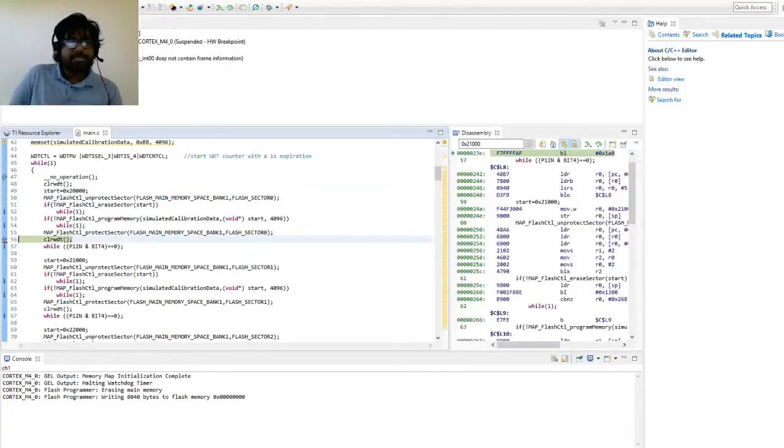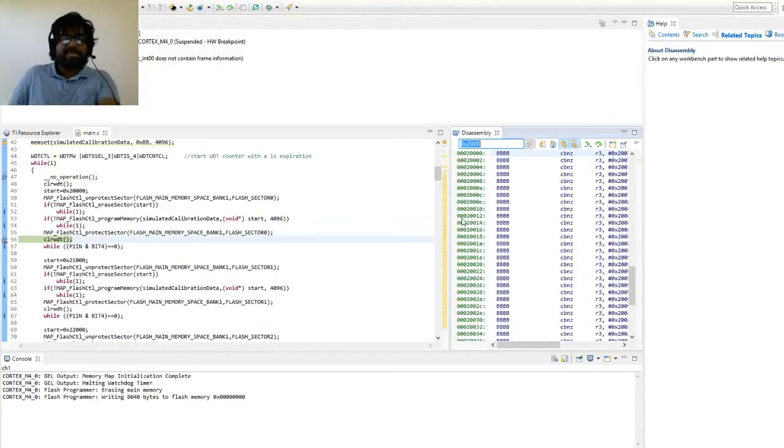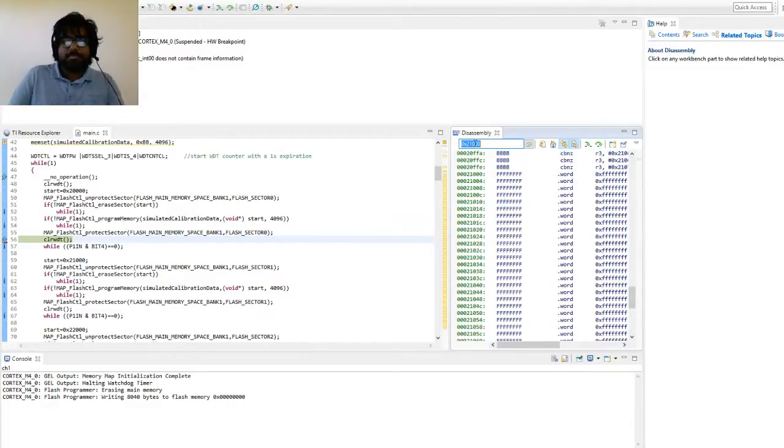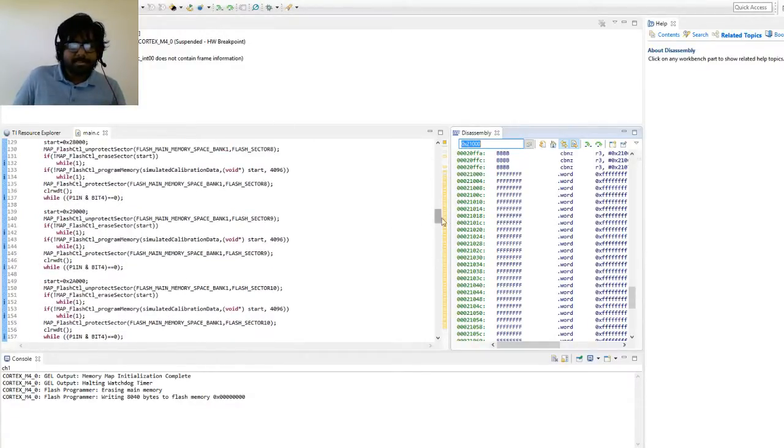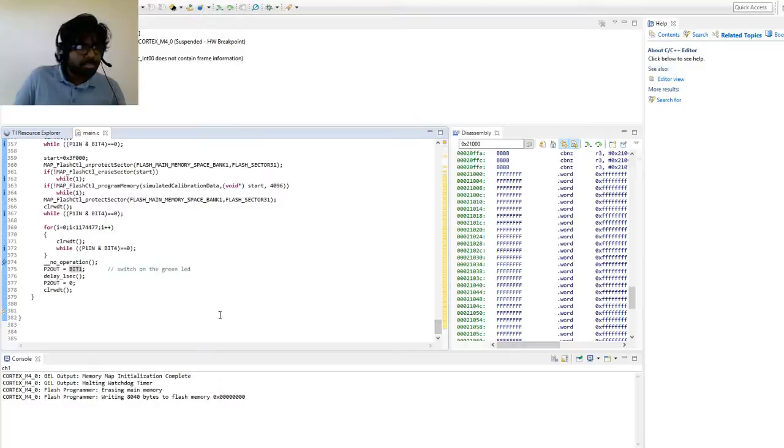Now after I execute, we can see that from this particular address we have written BBBB till 0x21000, what we need to write, and the rest is FFFF, which means it is uninitialized or empty right now. So this happens 32 times, and we have seen that it runs for 9 million cycles.